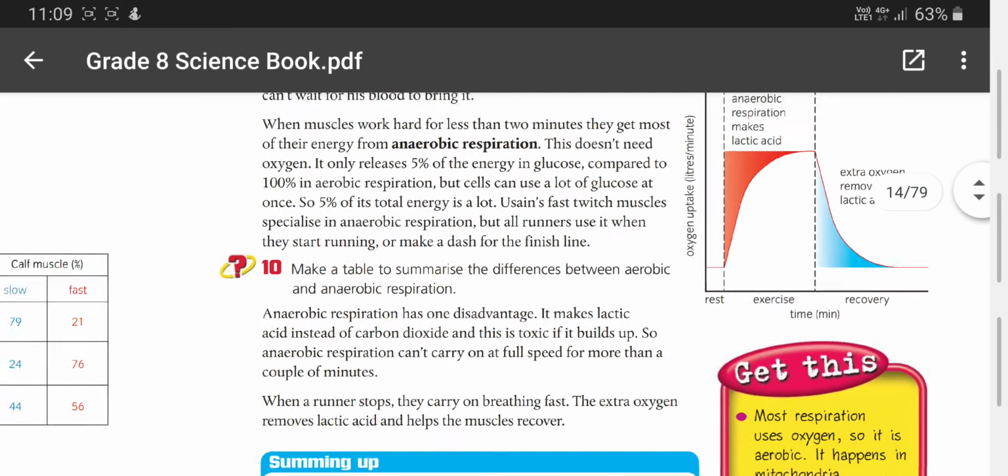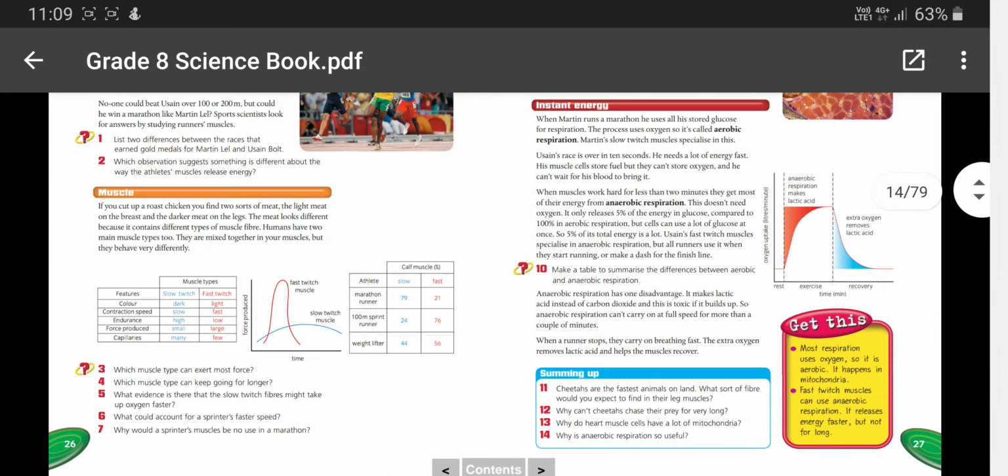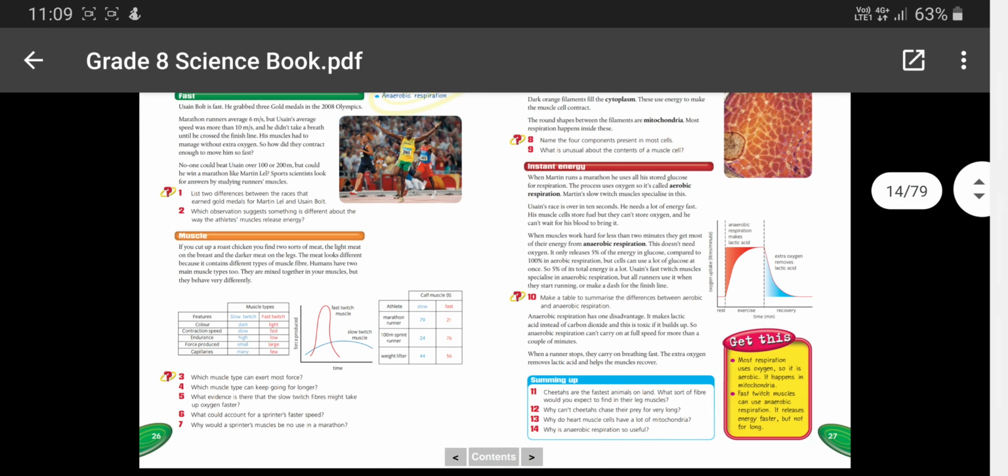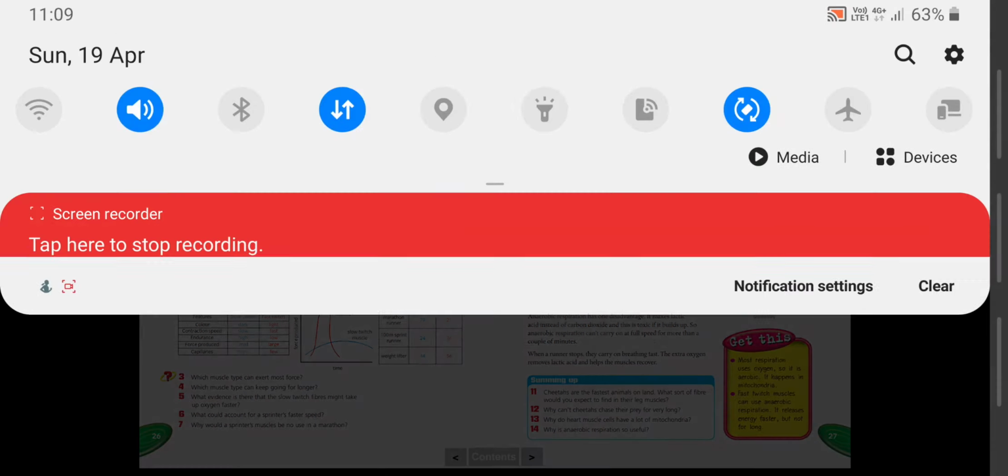This is the idea, and your task today is to answer questions 1 to 10 inside this page. If you find the answers already finished,